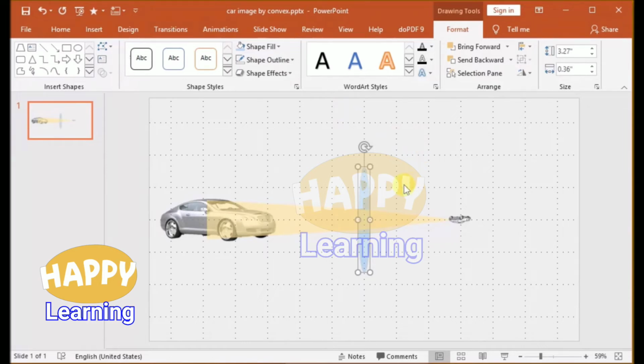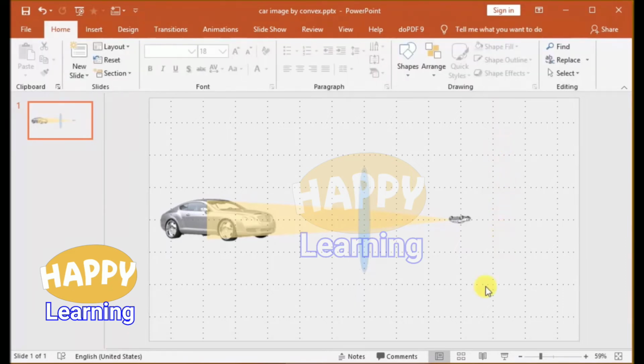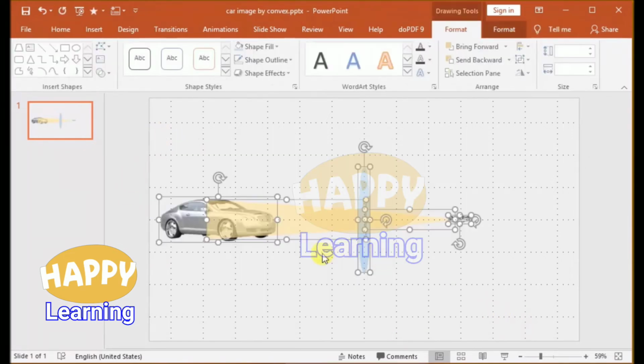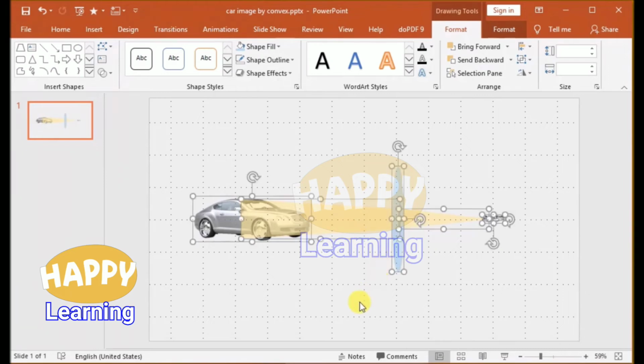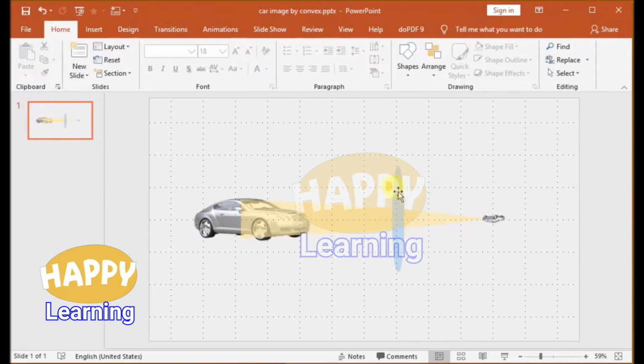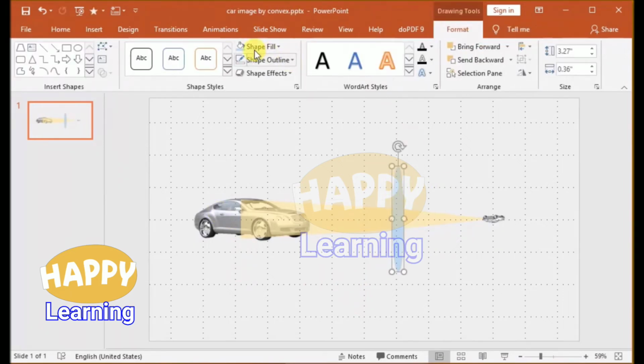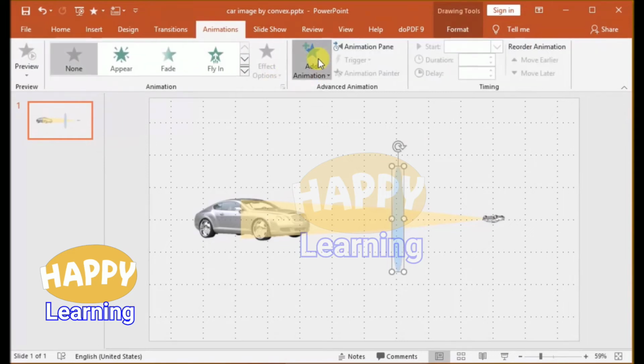Now this lens is not clearly visible, so give some dark blue color, a bit, not too dark, but darker than the earlier. Now it is visible. Then select all, move to the center of this page. All are selected. So by drag and drop, all the elements on the screen are moved to page center.